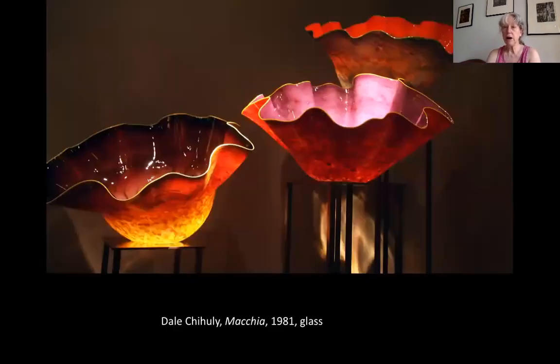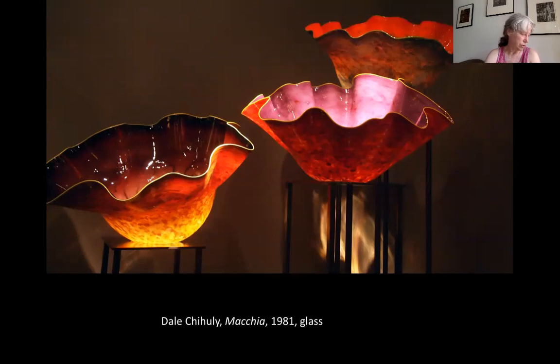And really, in our world, it's an oversimplification, but there's sort of two kinds of artists, according to your text anyway: trained artists and untrained artists. A trained artist is somebody who's been to art school and got a degree in something about visual art. For example, Dale Chihuly, who's from Seattle, has a degree in sculpture